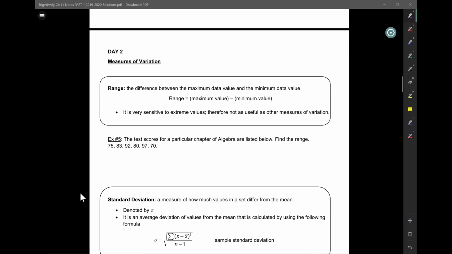All right, the first thing we're going to talk about is range. This is one of the most straightforward ones. Range is the difference between the maximum and the minimum data value. So to find the range, we basically take the highest data value, highest test score, minus the lowest test score,